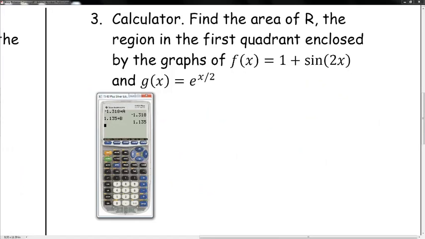Now I need to figure out which one's on top. So I'm going to go back to my graph. If you notice, my e to the x, which is stored in y2,